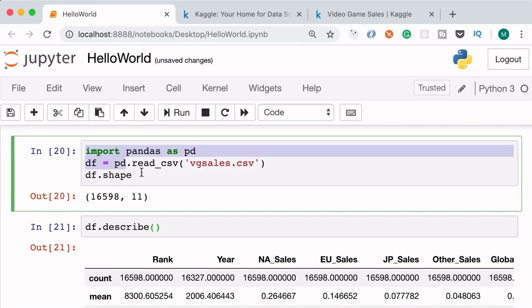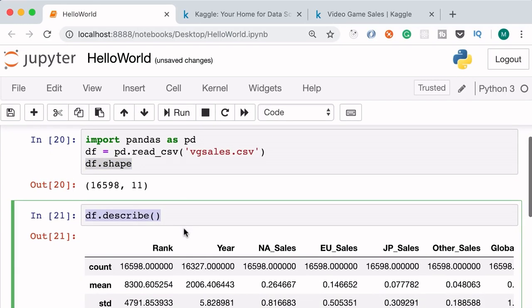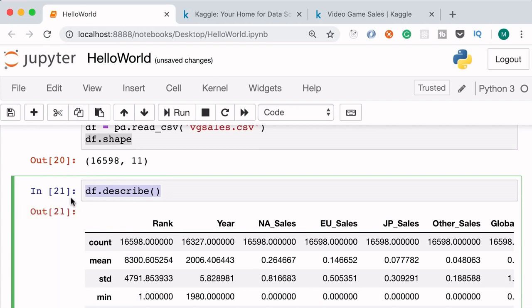Here we have these 3 lines, and this is the output of the last line. Below that, we have our second segment. Here we're calling the describe method. And right below that, we have the output of this segment. So this is the beauty of Jupyter. We can easily visualize our data. Doing this with VS Code and terminal windows is really tedious and clunky.